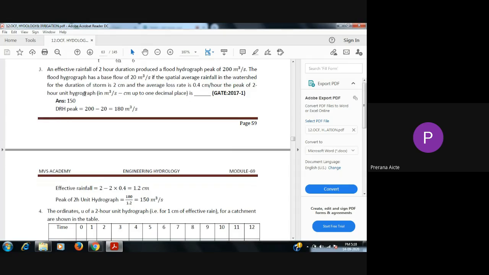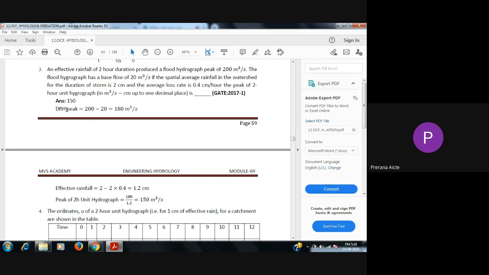This one is called the previous gate problem. An effective rainfall of 2-hour duration produced a flood hydrograph peak of 200 meters per second. The flood hydrograph has a base flow of 20 meters per second. If the spatial average rainfall in the watershed for the duration of the storm is 2 centimeter and average loss rate is 0.4 centimeter per hour, the peak of the 2-hour unit hydrograph in meter per second up to 1 decimal place is